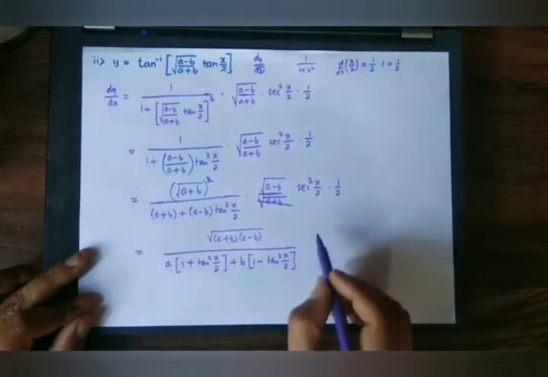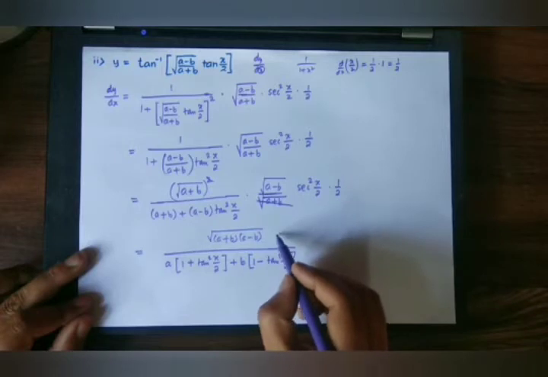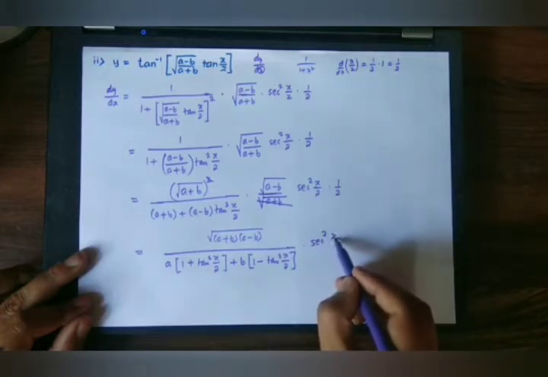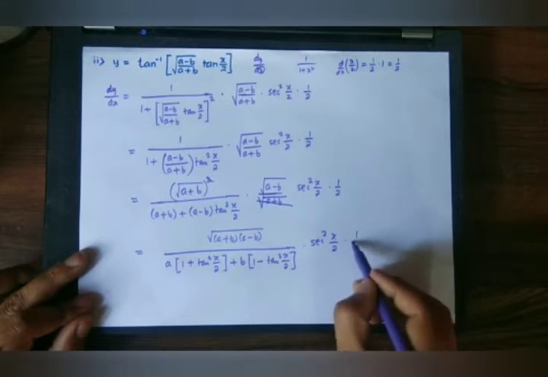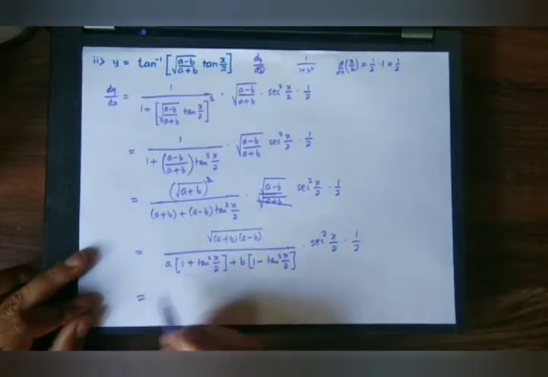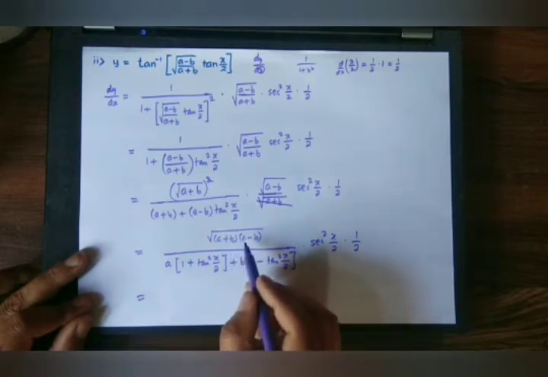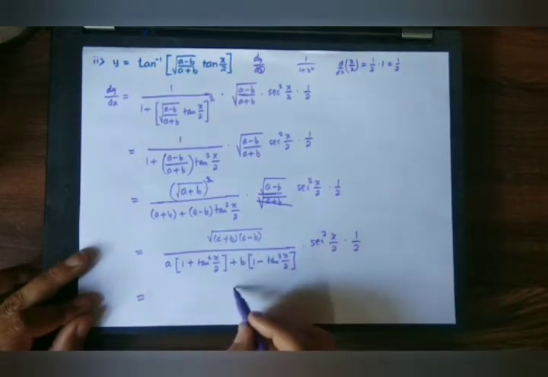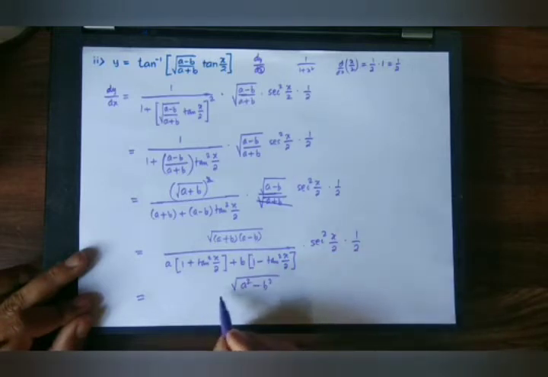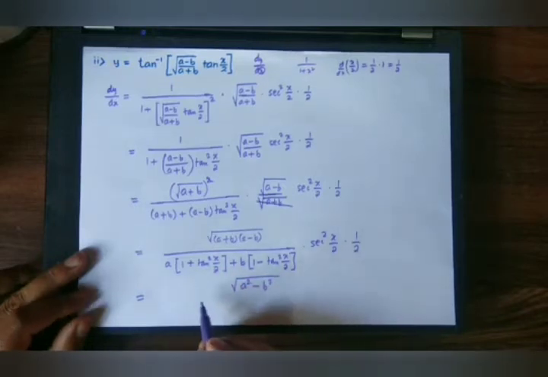Alright, so similarly we have here sec square x by 2 into half remaining. So what is the value of this? This means that we have (a plus b) into (a minus b) is a square minus b square, right? Similarly, if you see here carefully, we have